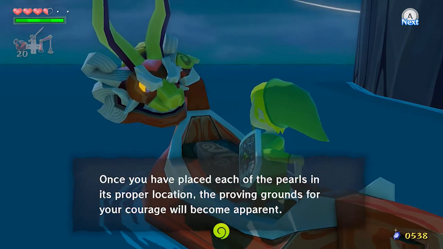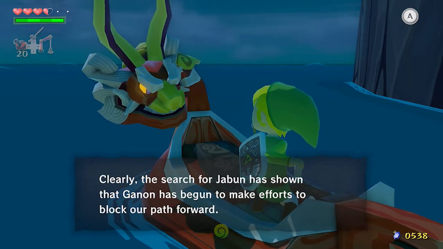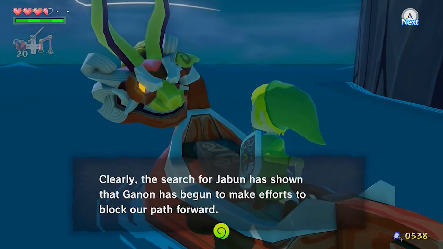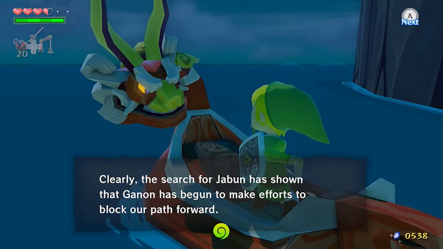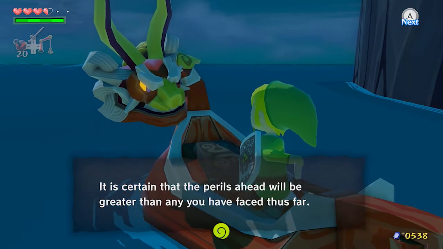Once you have placed each of the pearls in its proper location, the proving grounds for your courage will become apparent. Clearly, the search for the pearls has shown that Ganon has begun to make efforts to block our path forward. It is certain that the perils ahead will be...